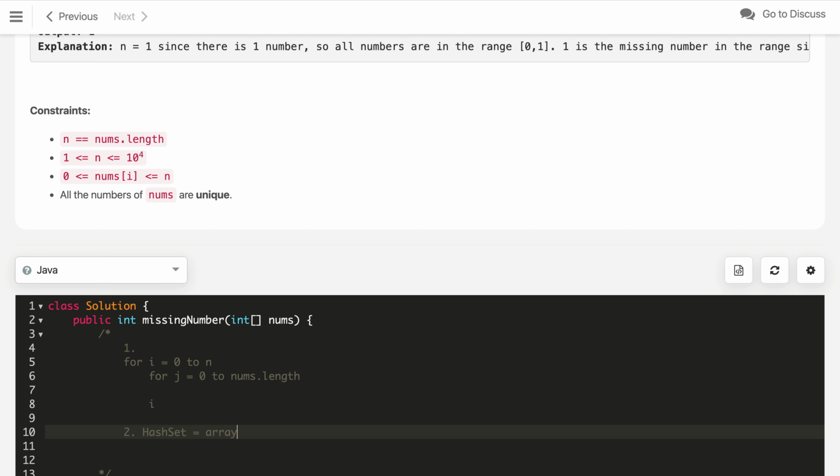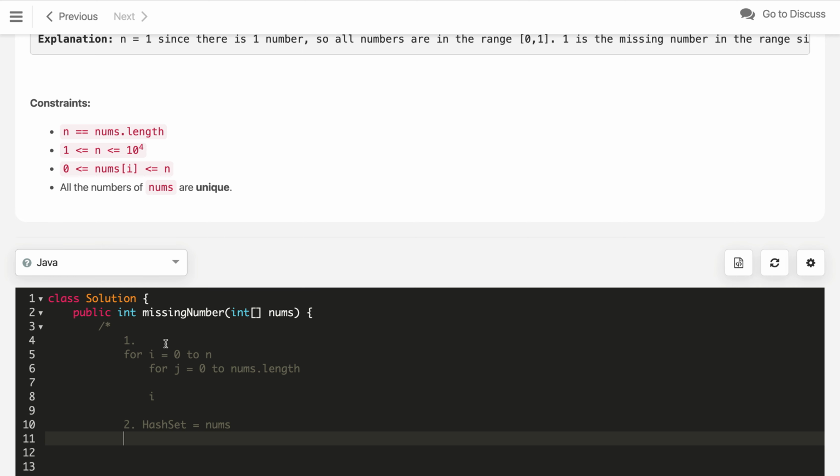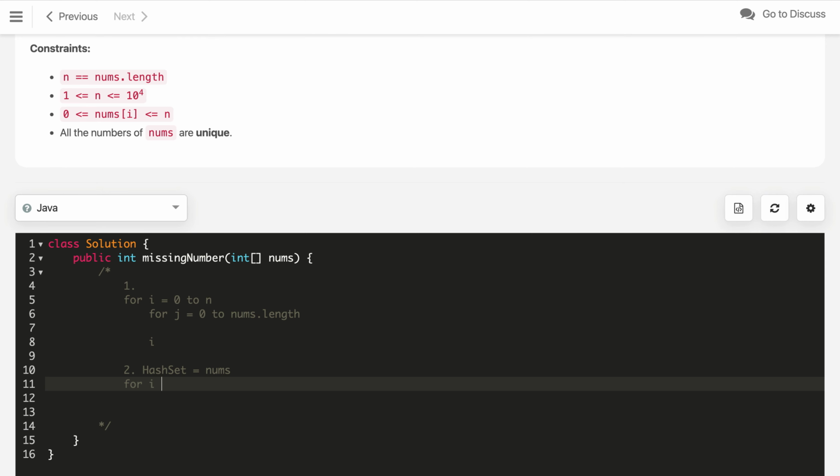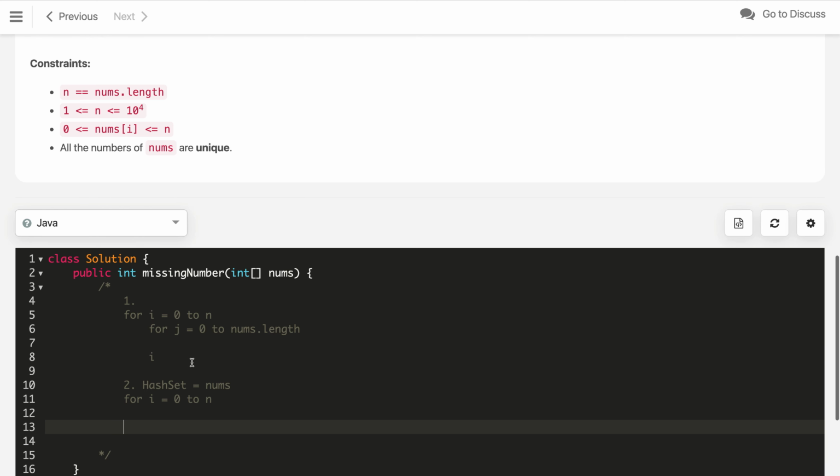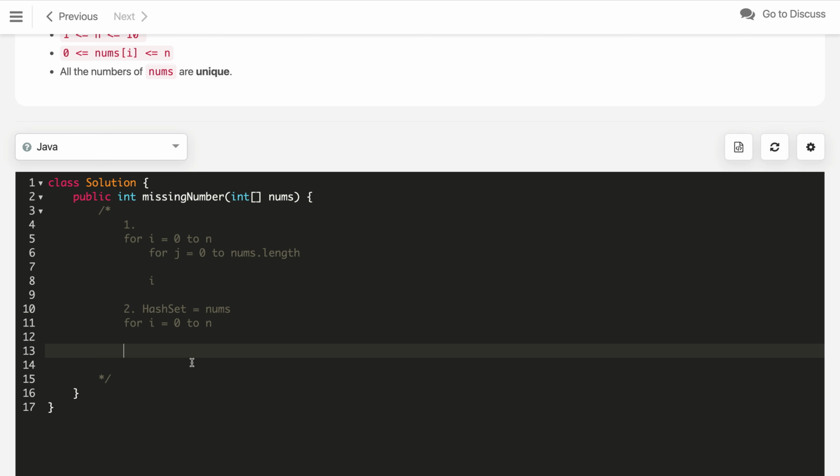After that we will iterate a for loop from i equals 0 to n, and then check which i is not in our hash set, that is the missing i. So this is the second solution. This solution is taking time O of n as well as space O of n. Can we further optimize the space, as the follow up is we have to do it in O of 1 space?